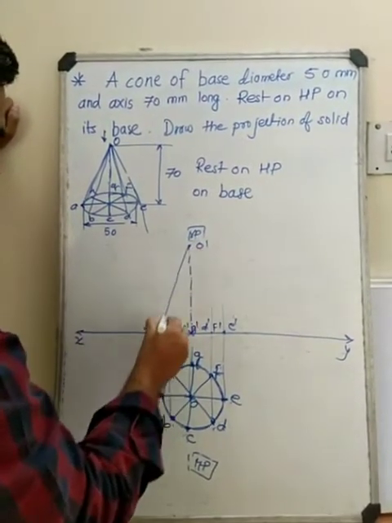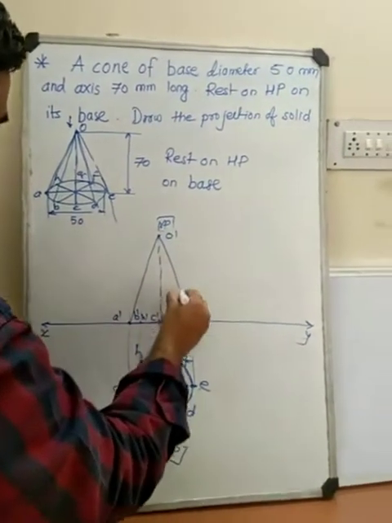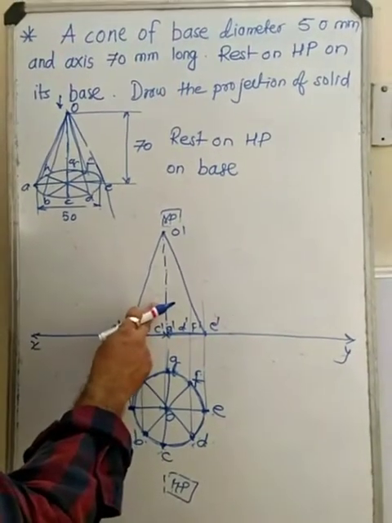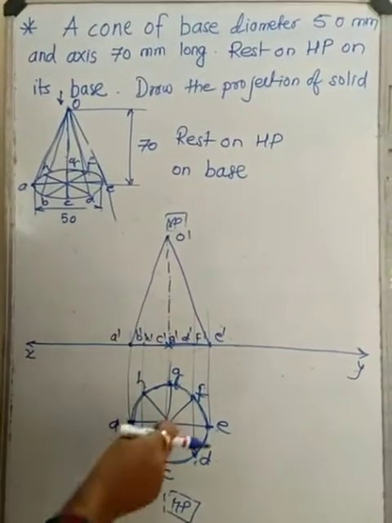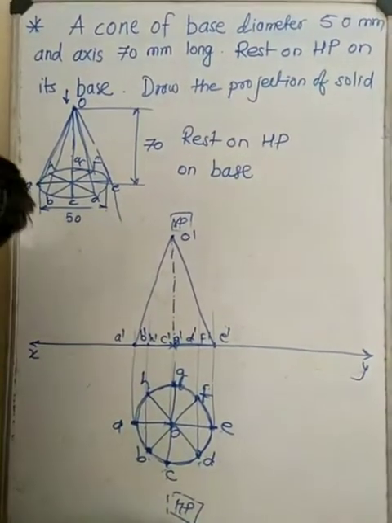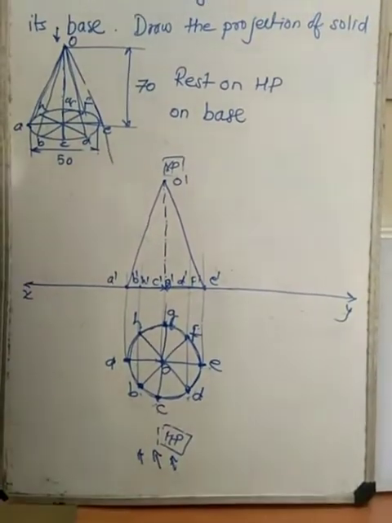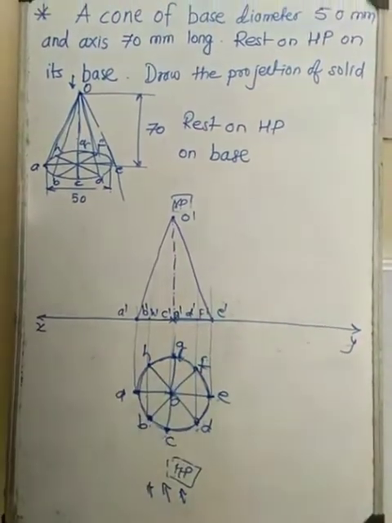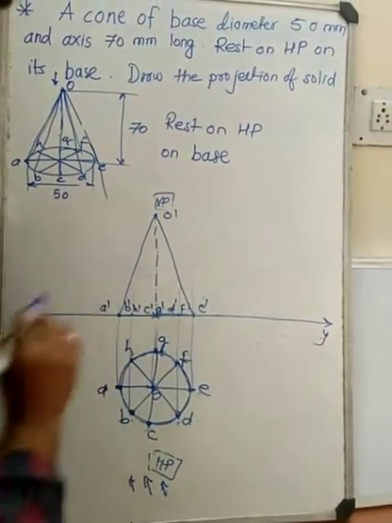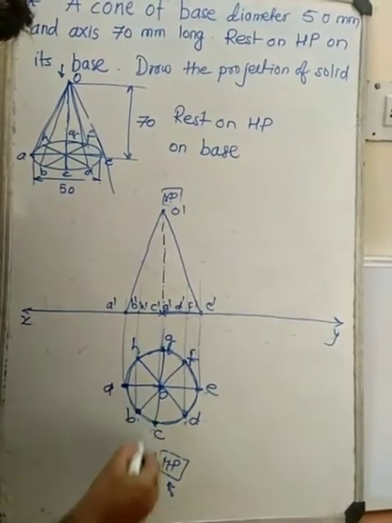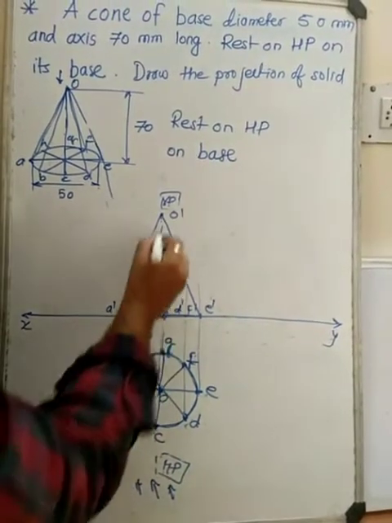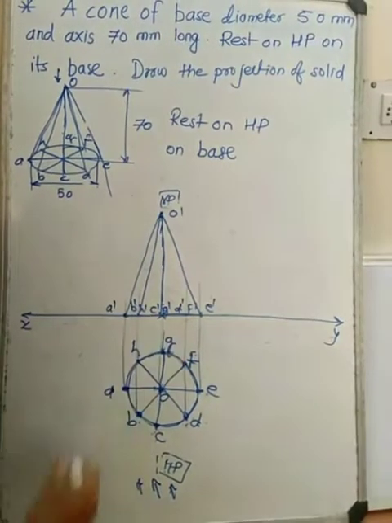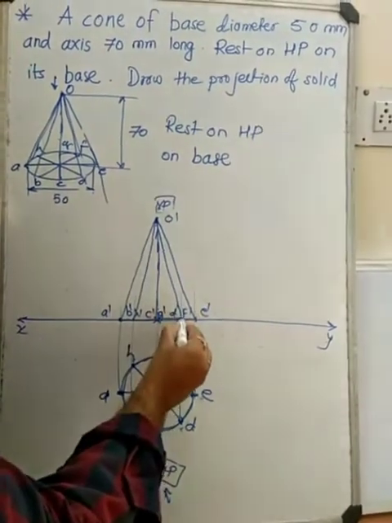Now all these are the 8 imaginary points and one apex. So we have to draw the boundary. Which lines are dotted and which lines are continuous, you will have to observe from the opposite view. Now OA is a boundary, OE is a boundary, so those two lines are dark. OB is visible to you, so OB is dark. OC is also visible, so OC is dark. OD is also visible, so OD is dark.